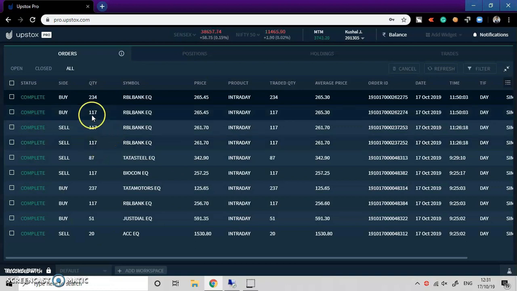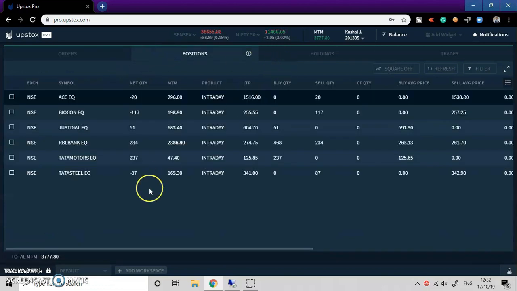Nifty did not move at all. Nifty is up by only 2 rupees, means the market did not move at all. However, luckily the stocks that I had taken all gave very, very good returns. So you can see that if I go to positions, all the trades are in positive. Now this is very, very rare. I'm not telling that the strategy is outperformed or something. This is an exception, or rather a fluke, that all the 6 stocks are giving me profit.